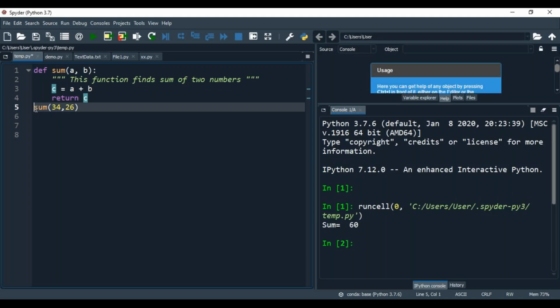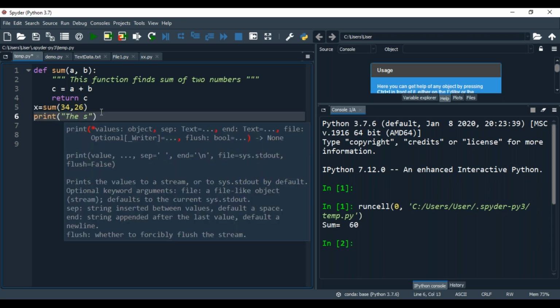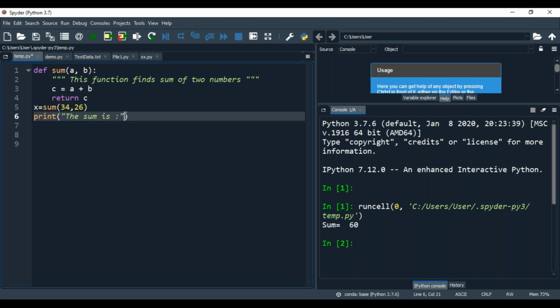See now. I can remove return. Then here, x is equal to sum of this one, print the sum is, comma x.